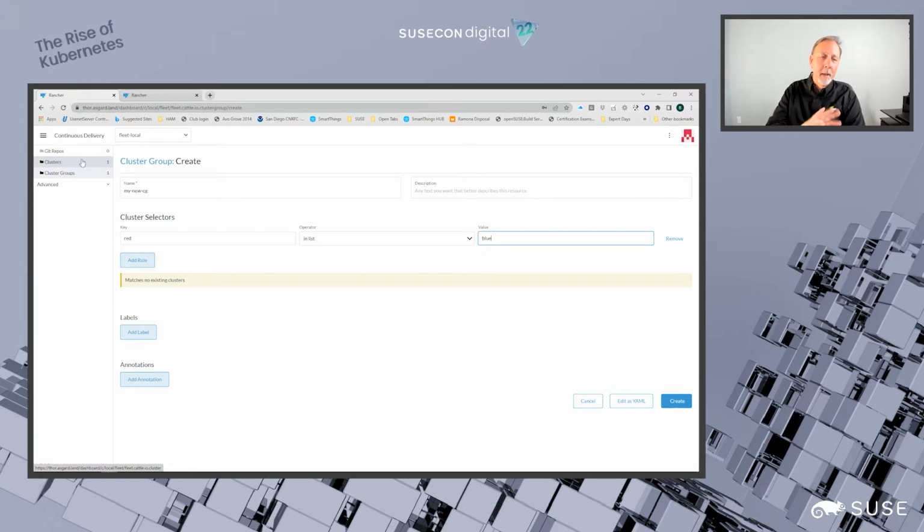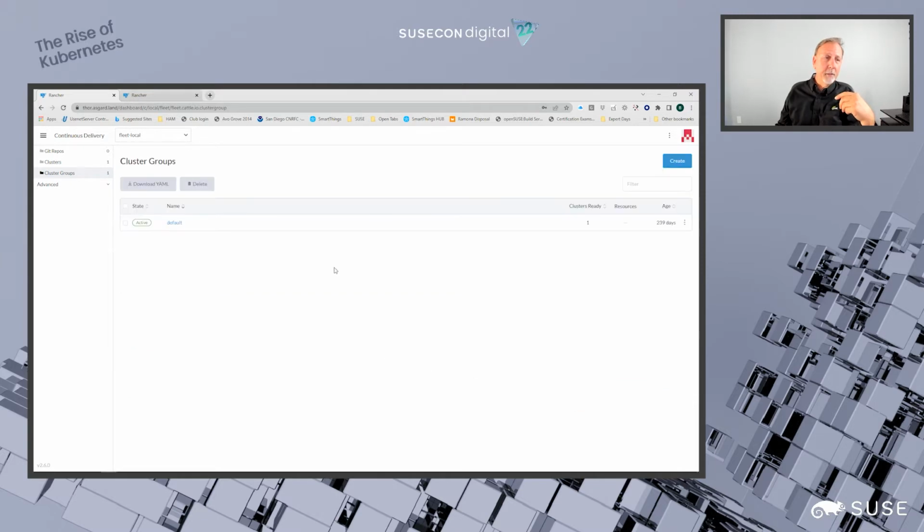I'll show you a better example when I get into the other tab. But know that it's a very simple way to create cluster groups. Give us the key and value pair for that label, and it will match up those clusters and create instances within your cluster groups just by reference, using only the label. So let's cancel that, and